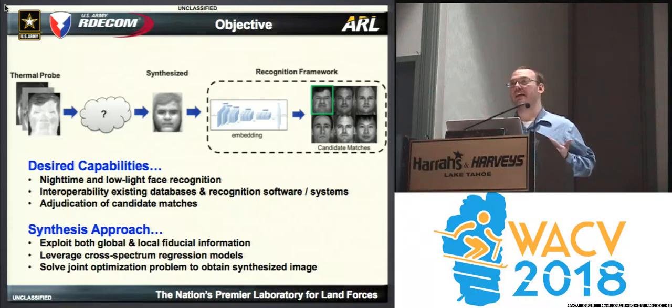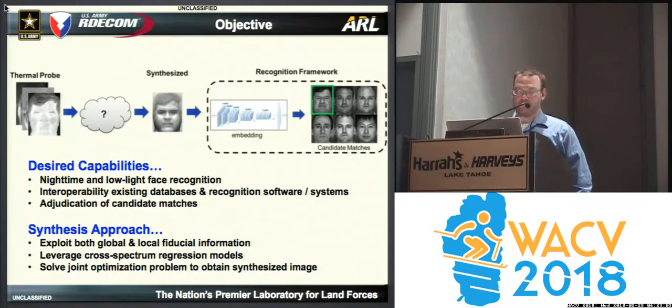this type of imagery in conjunction with existing face recognition models. You know, this could be embedding, this could be landmark detections, this could be your traditional VGG face, any type of facial recognition software that you could think of. And the main idea here is we want to be able to perform face recognition at nighttime in low light